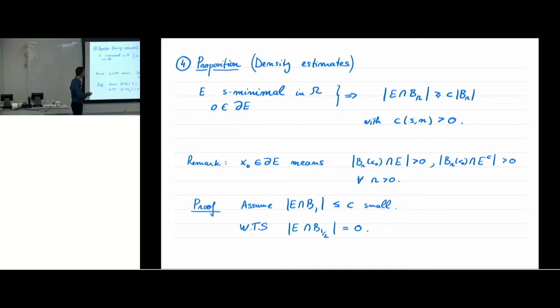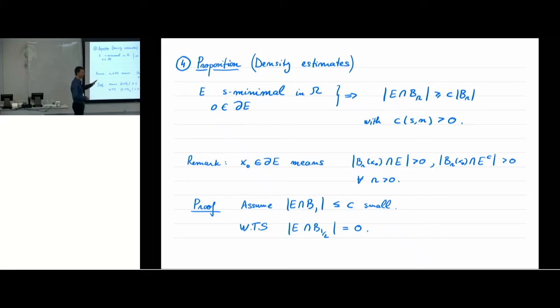Okay, so how do we prove this theorem? This is a scale invariant statement. You can assume, let's say, that R is 1. So let's assume I take a ball of radius 1 centered at 0, and I have an s-minimal surface. What I want to show is that if the measure of E in B1 is very tiny, less than 1 over 1,000, then actually E